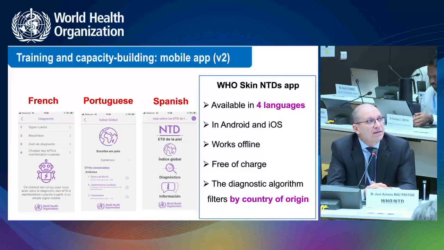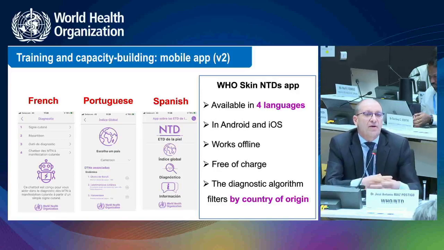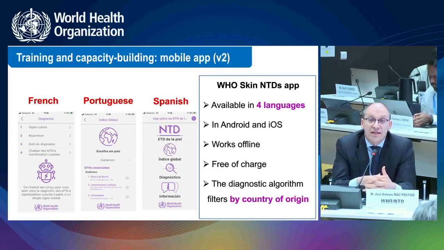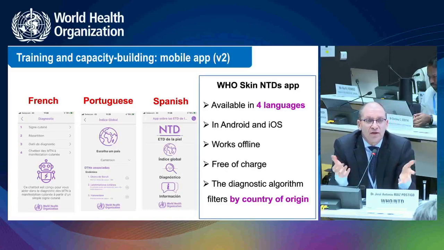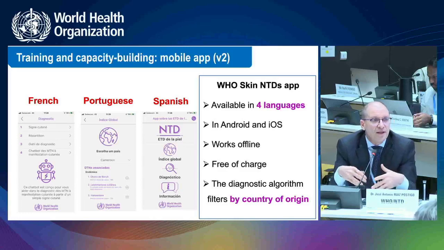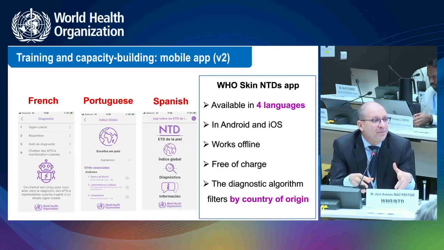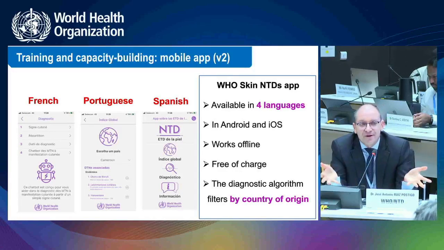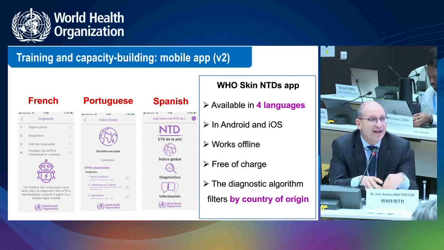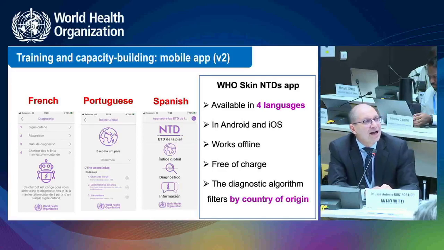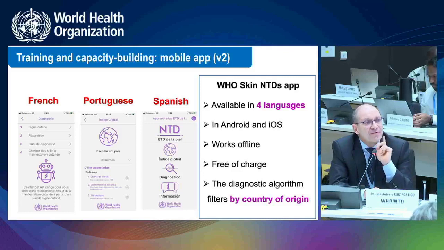This is the version that Mireia was talking about. The only thing I would like to add is that when we did the app, it was very easy for us to update the content. When you have to update a book, it may take 6 months, 1 year. When you update an app that is online, within a few days or weeks, you just go to the back end and update it. And we were able to add something very interesting that you cannot get in the book, which